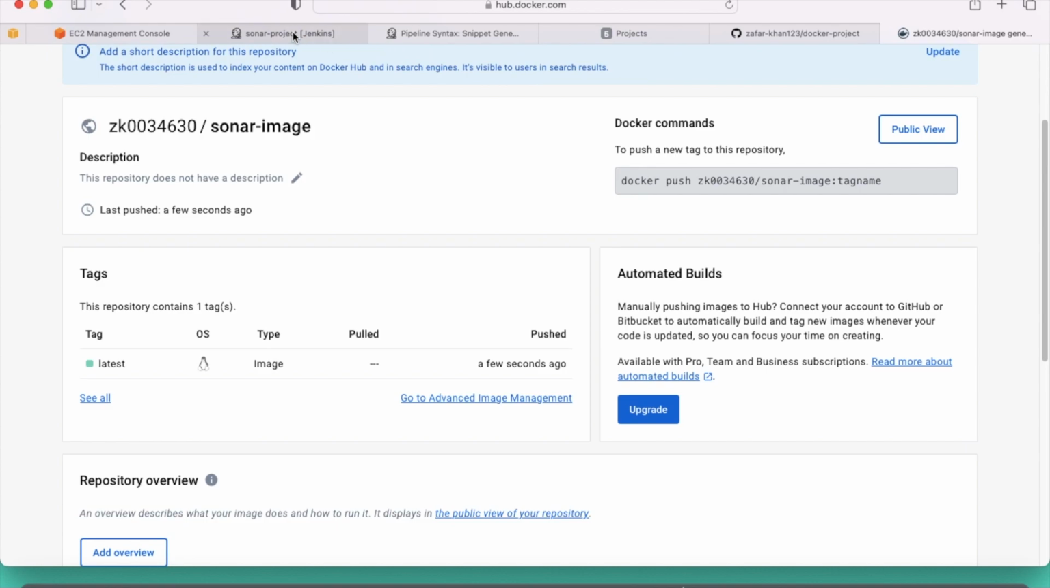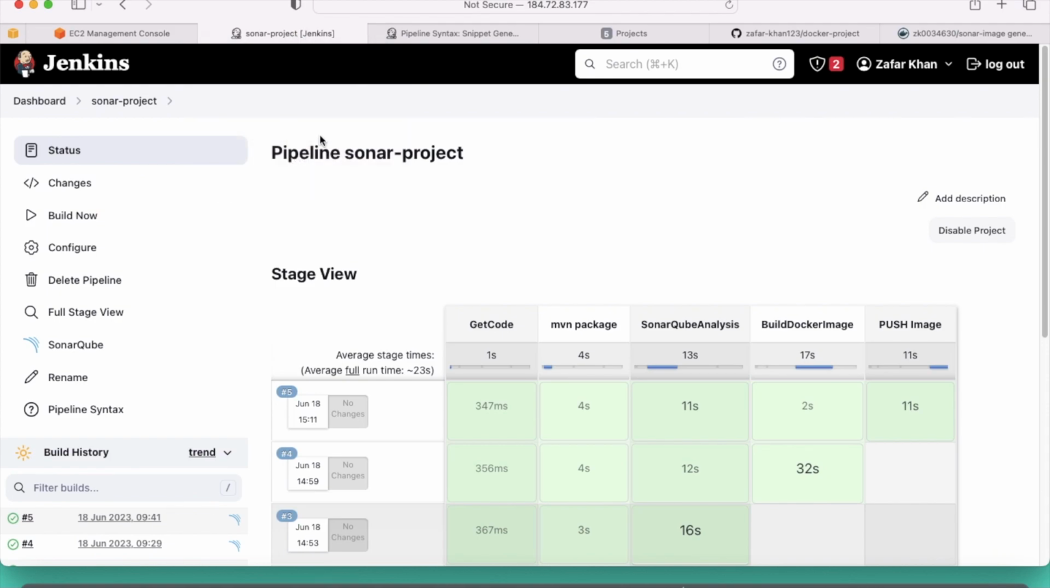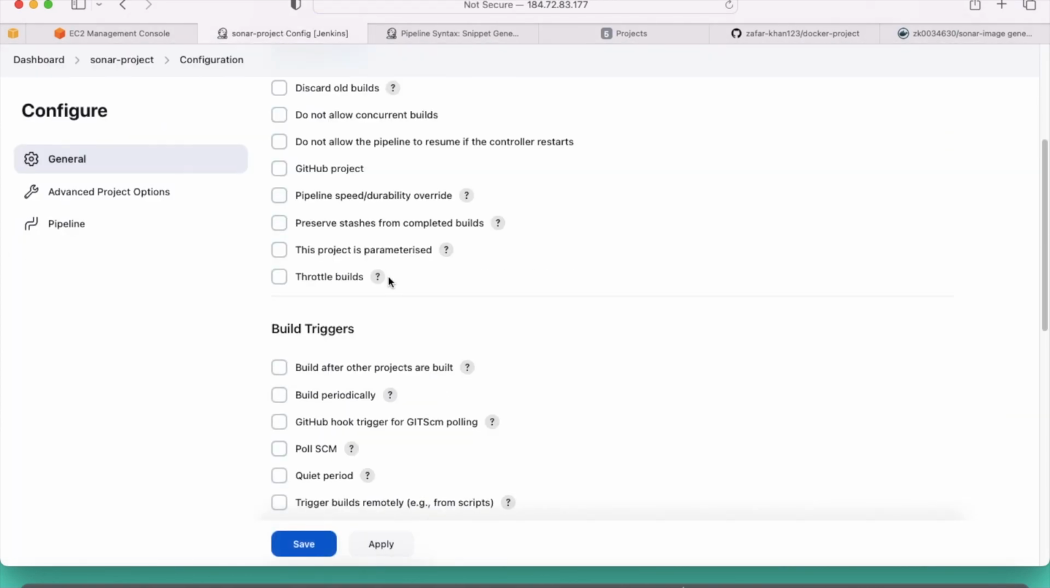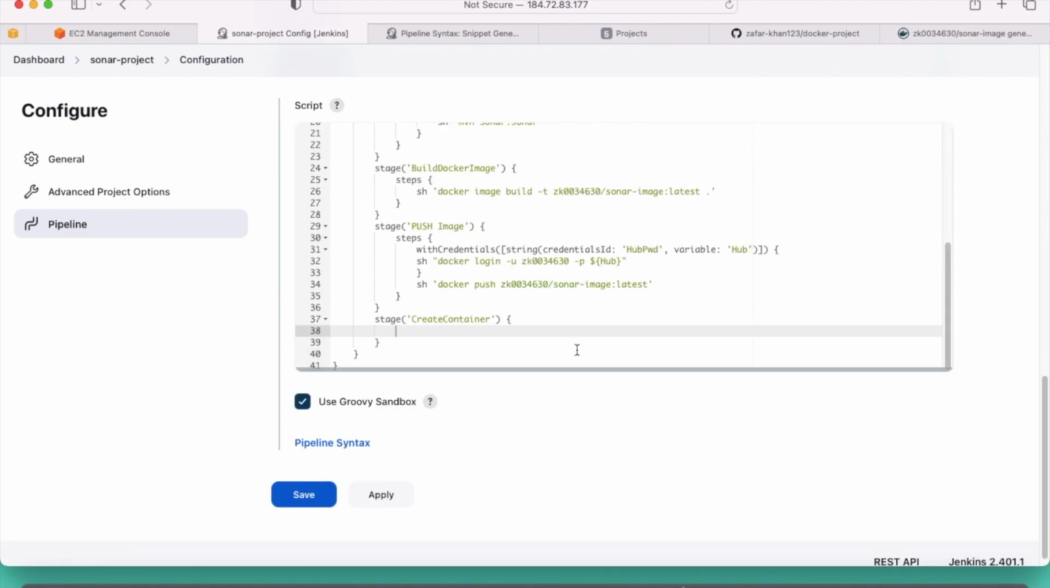Okay, fine. So now the final stage is we will create a container in the remote server, that is the Docker server. This is a very important one, and you need to be more careful about this. So the next stage is to create a container. This editor we can use, otherwise anywhere. So steps